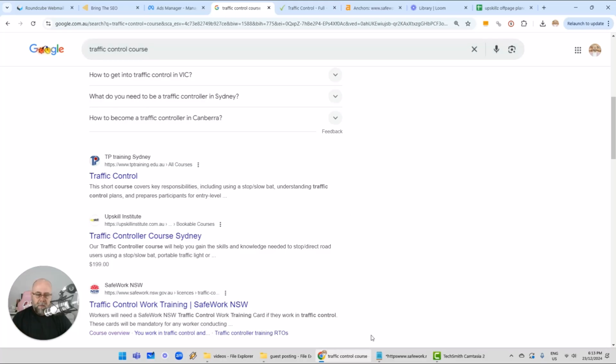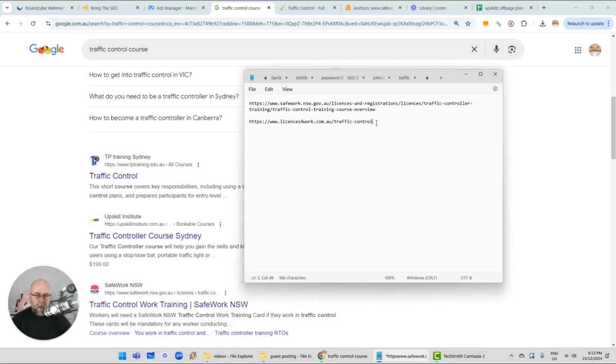So you'll see that some of the URLs are already captured. This one here is a great example: licensesforwork.com.au/traffic-control. That tells me the webmaster or the SEO agency, whoever it is, has built this page with intent, because they're trying to target either traffic control course or some variation of it. That's perfect. But we wouldn't reverse engineer this, because they'll have brand anchors,